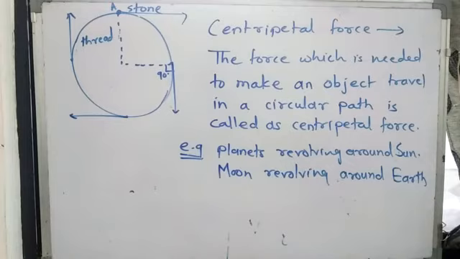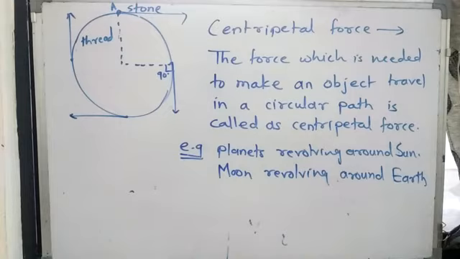Now see, suppose we have one stone and this stone is tied to one thread. We have taken a stone and tied a thread to it, and holding it in our hand, we are rotating it in circles. When we move this stone with the help of the thread, it will move in a circular way. That motion of an object, we can say, is circular motion. We are applying the force on that stone with the help of the thread.